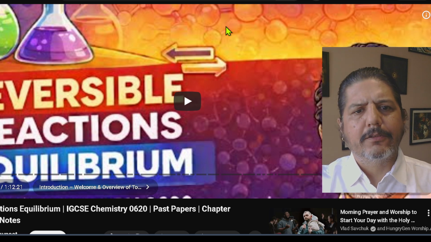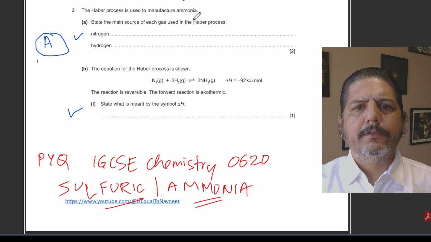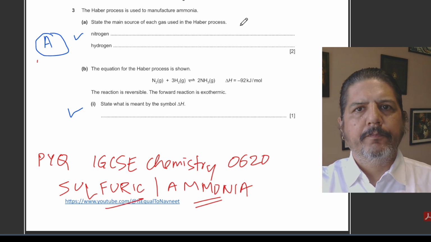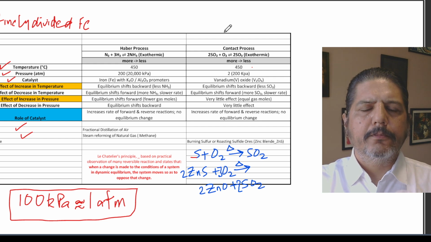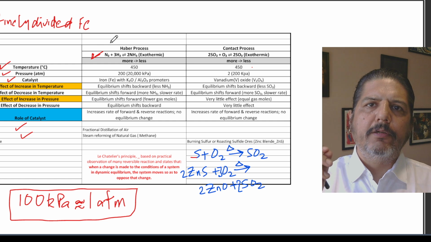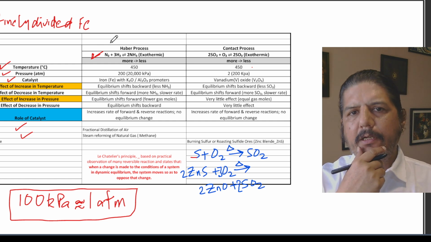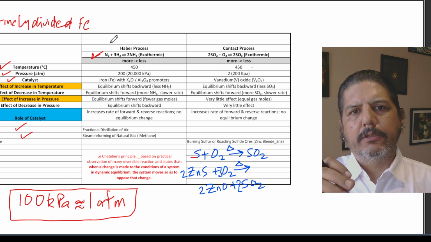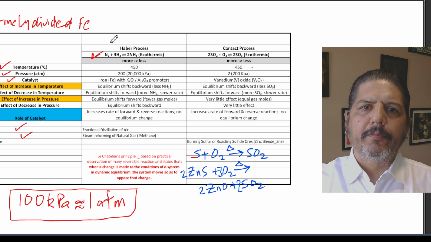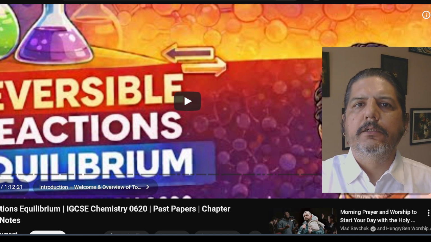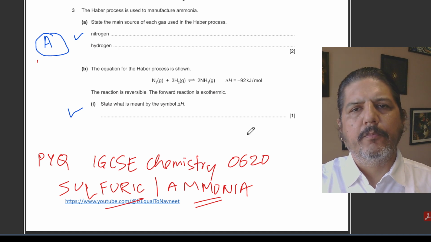You should have a look at this lecture also, because then you'll understand all the factors which affect the equilibrium. As you would be aware that in manufacture of ammonia, this is the important reaction. This is the important equilibrium reaction, reversible reactions, where a lot of questions would be asked about the effect of temperature, pressure, catalyst on the direction of the equilibrium. So it will be a good idea to have a look at this detailed lecture also. And now let's start with the manufacture of ammonia.